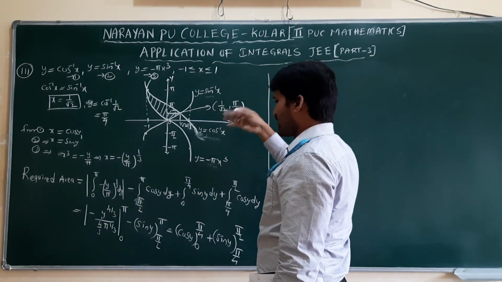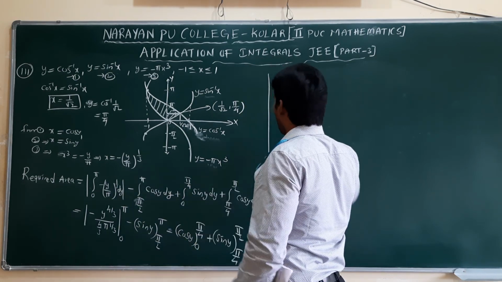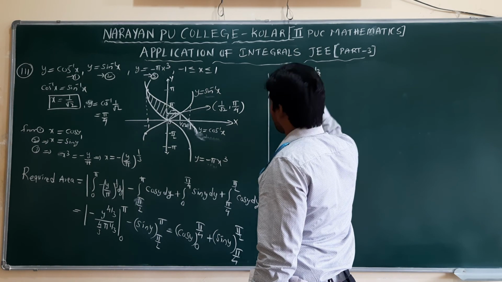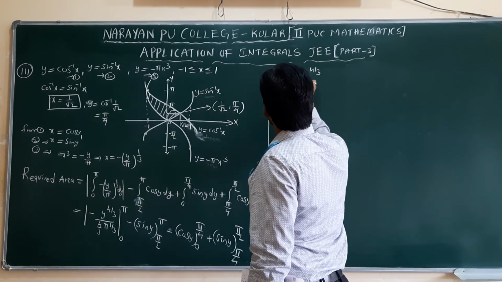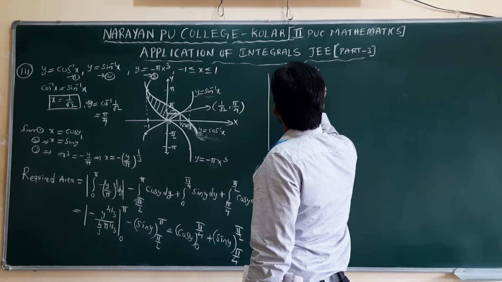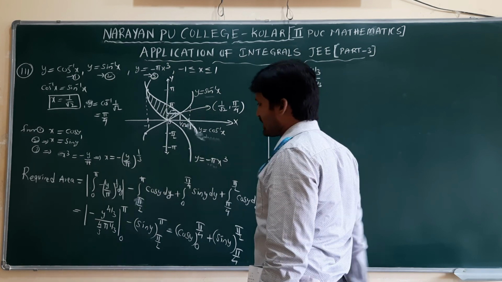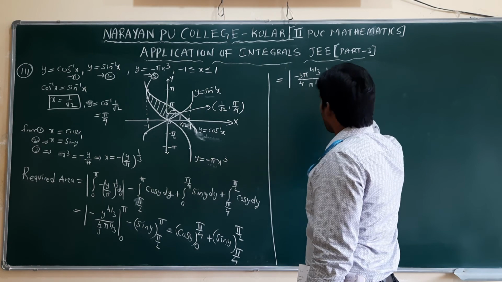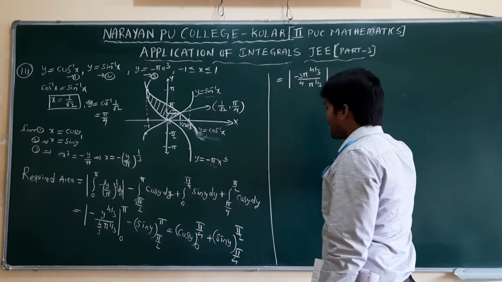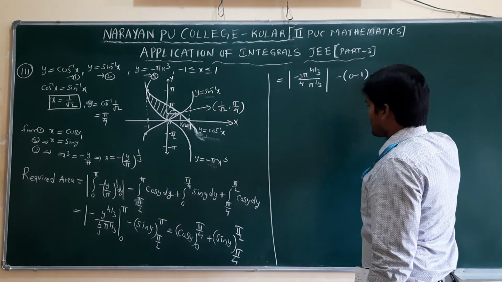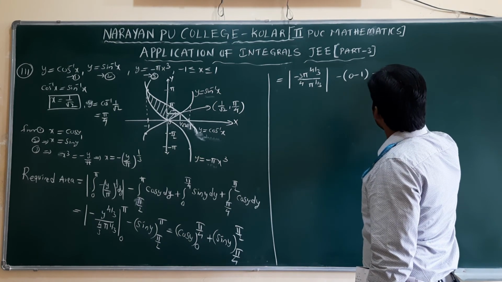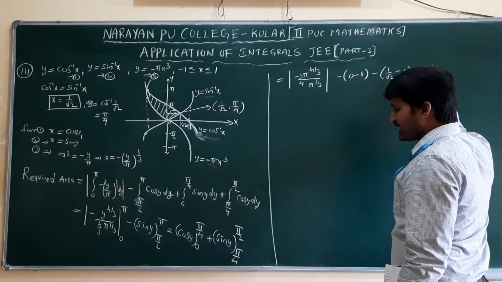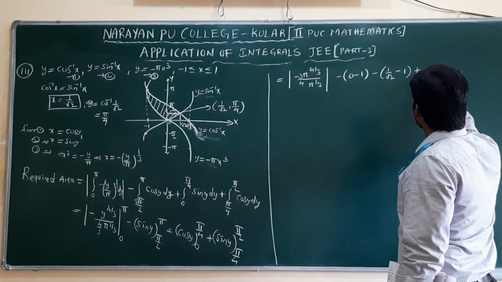Now the modulus of a negative gives a positive, no issue. For the upper limit, substitute minus pi power 4 by 3. This 4 by 3 becomes, reversed, 3 by 4 pi power 1 by 3. For the lower limit 0 only, no need to take it here, leave it. For the upper limit, sin pi is 0, sin 90 is 1, minus cos pi by 4 is 1 by root 2, minus cos 0 is 1, plus sin 90 is 1, sin 45 is 1 by root 2.